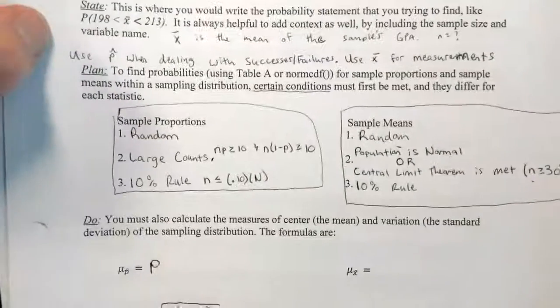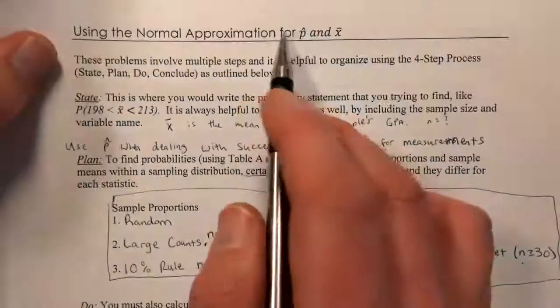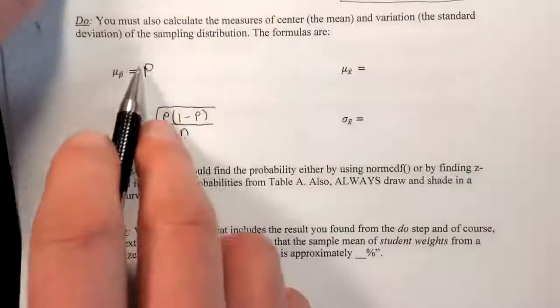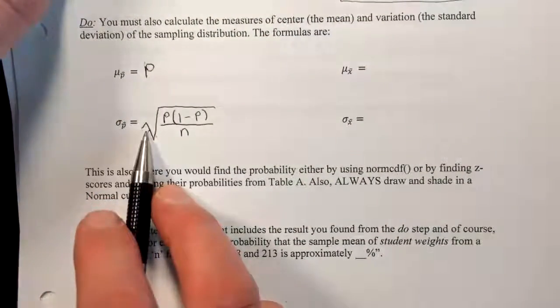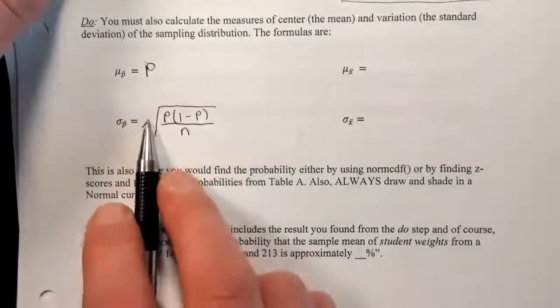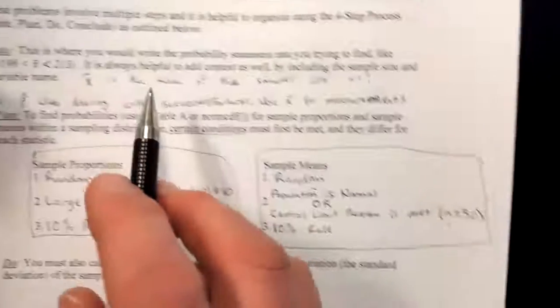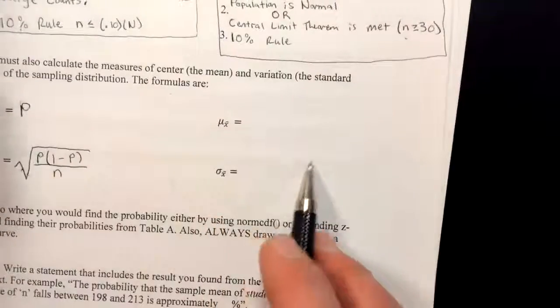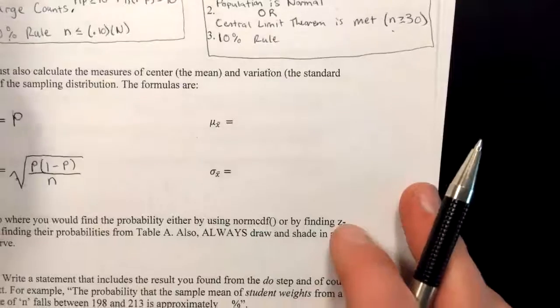Remember, these all kind of go together. If you choose a sample proportion, you need to check these conditions and use these two formulas. Those all go together with proportion. Means, if you choose a sample mean as your statistic, go through these conditions and use these formulas, which are